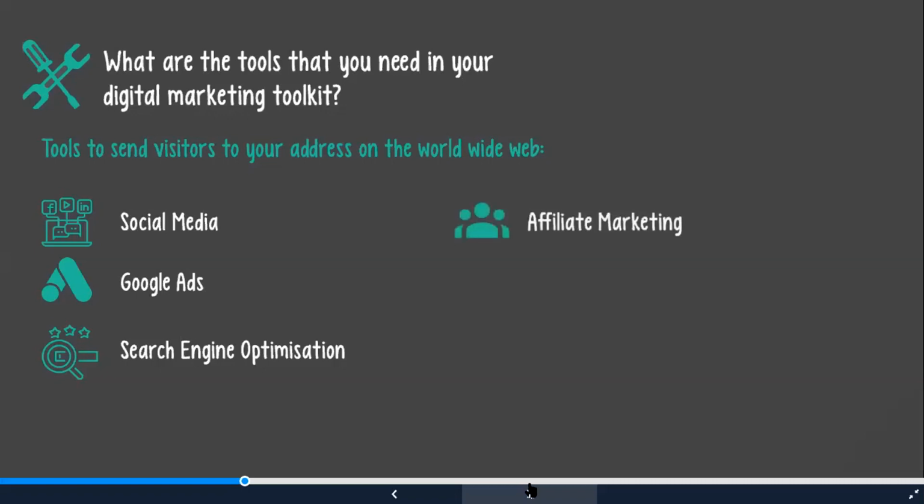Affiliate marketing is another very effective way of sending visitors to your address on the World Wide Web. Affiliate marketing basically takes your customers and makes them part of your marketing team. You get a variety of affiliate marketing platforms that you can make use of, and it basically enables customers to sign up to your affiliate marketing network, get a link that is unique to them, and use that link to promote your services or products.